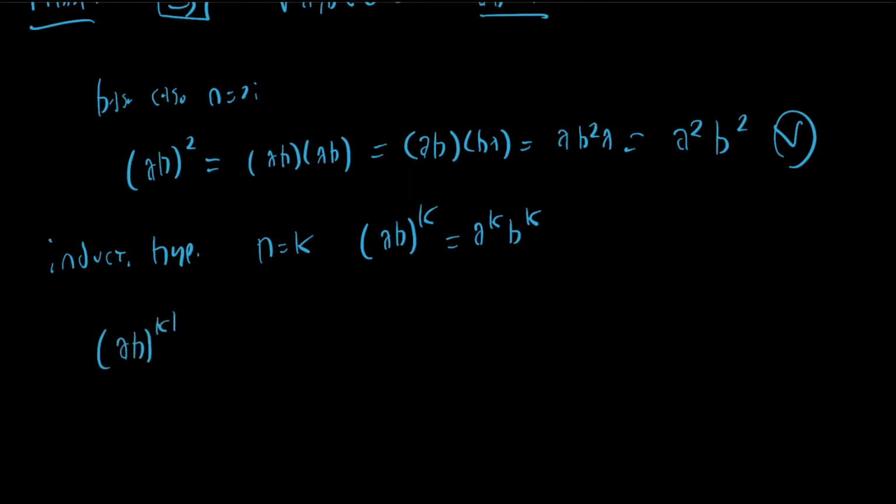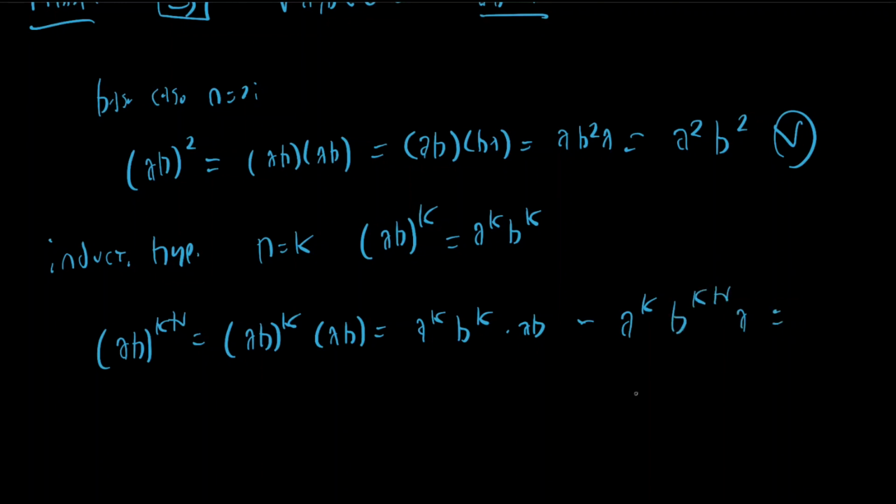So (ab)^(k+1) is just (ab)^k times ab. But this is just a^k b^k times ab. And now again, using the commutativity property, we will have that this is equal to a^k a b^k b. And again, just switching these, a^(k+1) b^(k+1). And so we have proven the